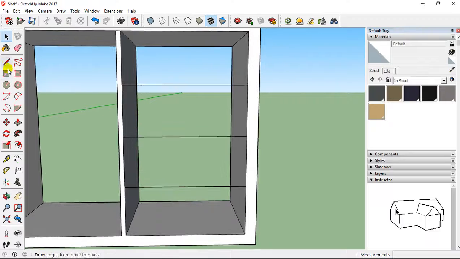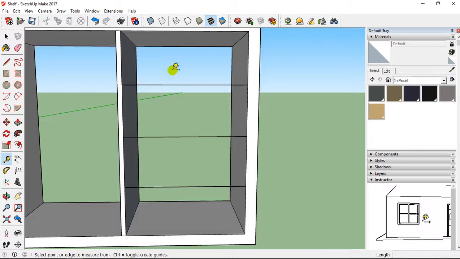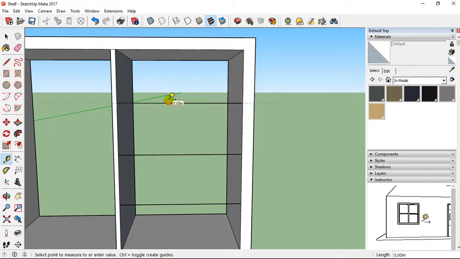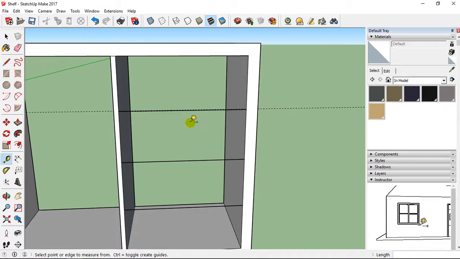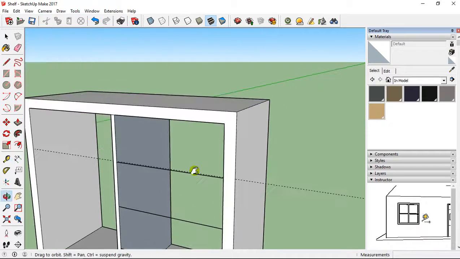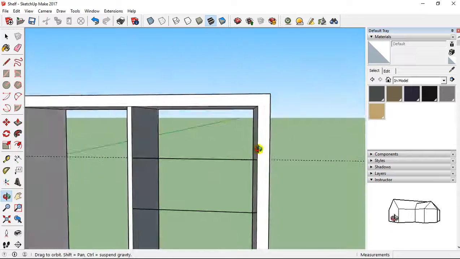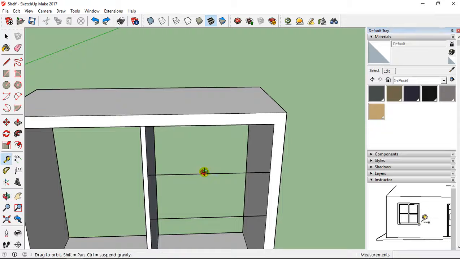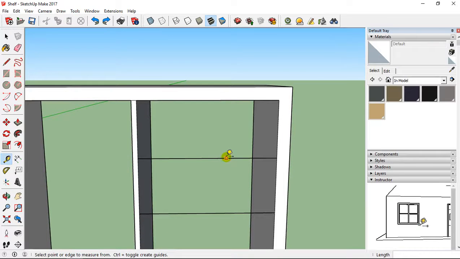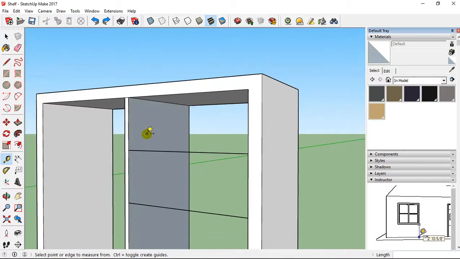And I'm going to add my guide. So I take the guide tool, and here I'm going to go on 1 centimeter here. I'm just not sure that the guide, going to do this again.